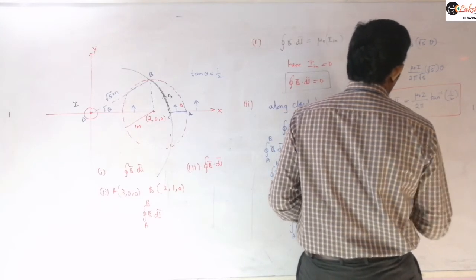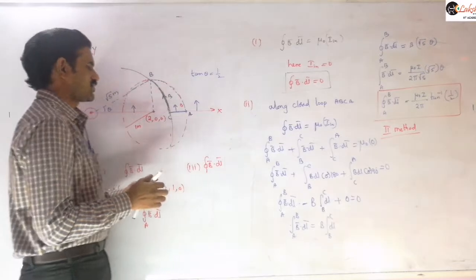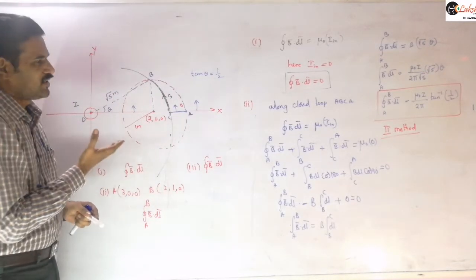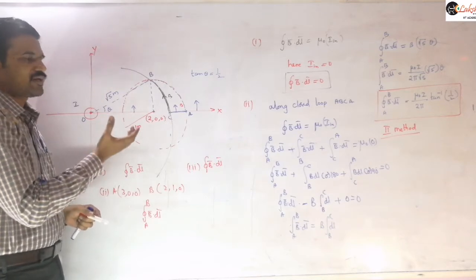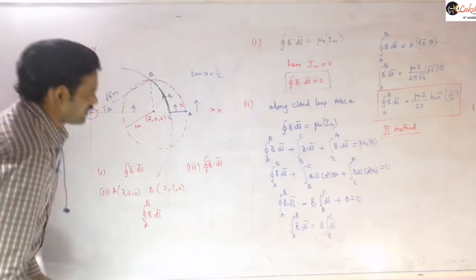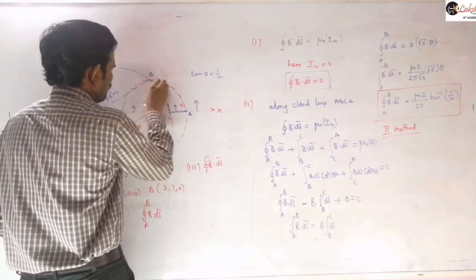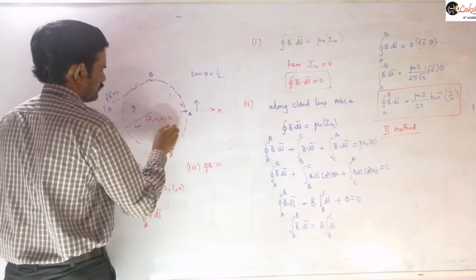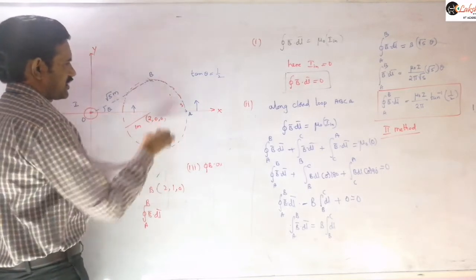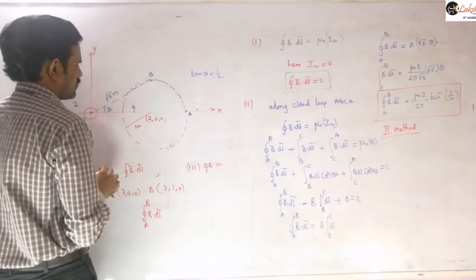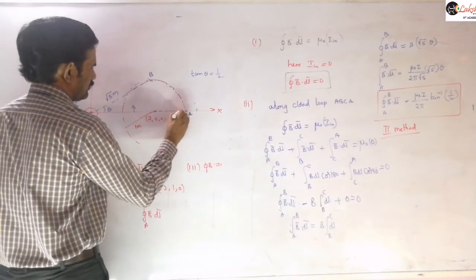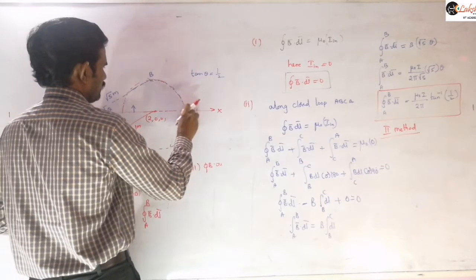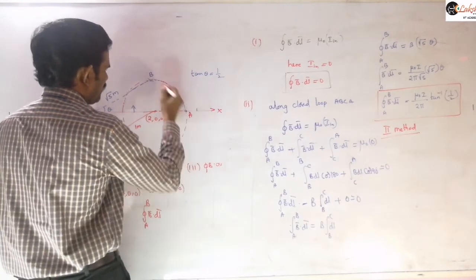So the second method is that just by using a simple logic you can solve this. Whatever length you need here, for that length let us consider how much angle that arc is subtending at the center, at this wire. So now I will erase all this data. This is our given diagram. Let us say this is the center, right? So this is our point A and point B.